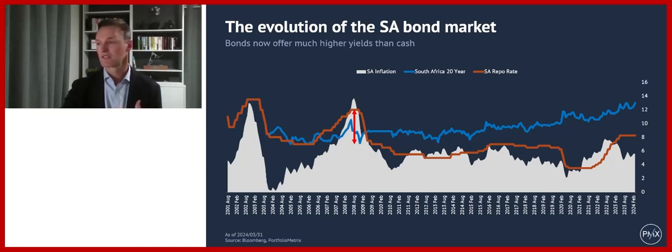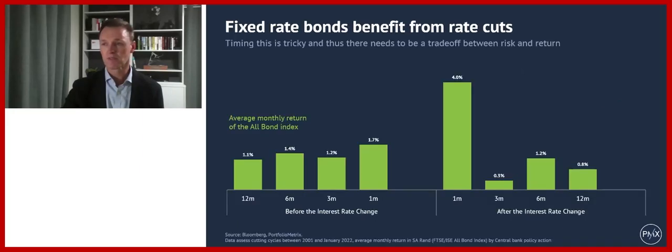in early 2009 were 5% below cash. We've now got a situation where your 20-year fixed deposits, that's really what a bond is, it's like a glorified fixed deposit, is giving you about 5% higher than cash out of the longest dated bonds. Importantly, if you buy bonds going into a rate cutting cycle, you tend to do well.